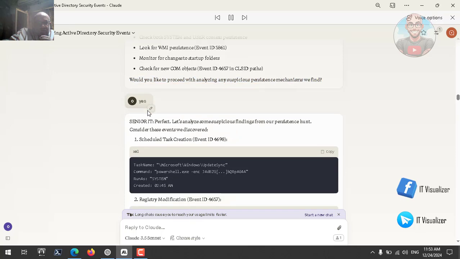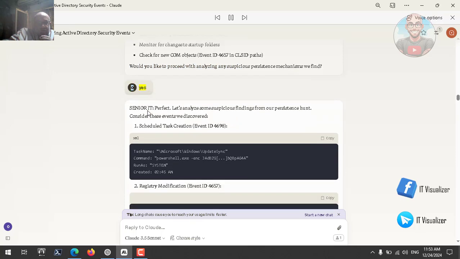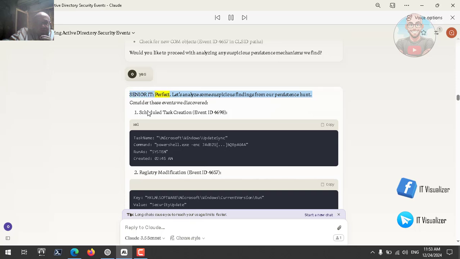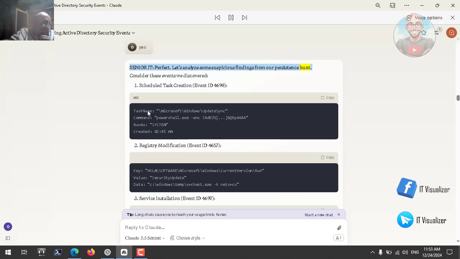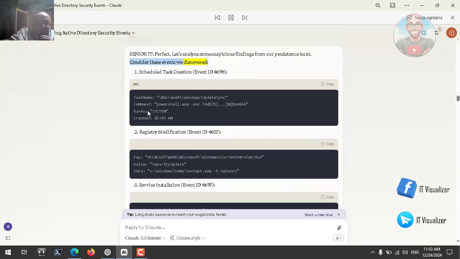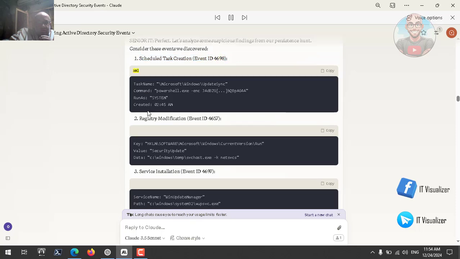Yes. Senior IT: Perfect. Let's analyze some suspicious findings from our persistence hunt. Consider these events we discovered. Scheduled task creation, event ID 4698. XML: Task name: \Microsoft\Windows\UpdateSync, command: